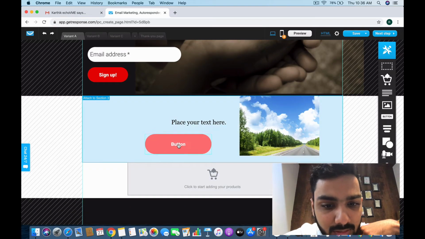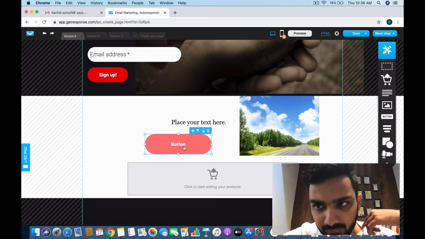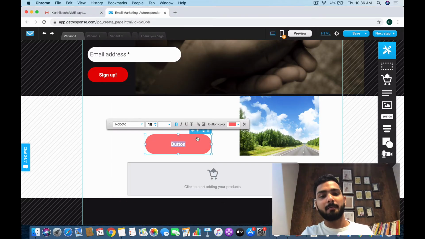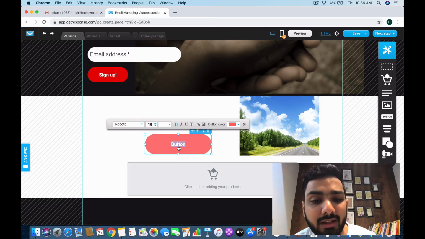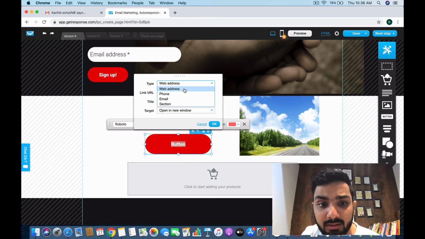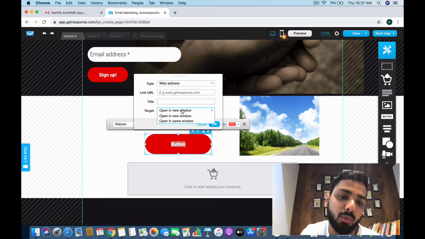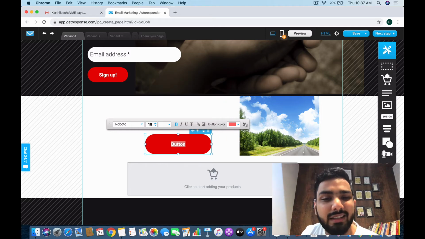Okay, here I'm gonna add the button over here, and just gonna make some changes, right? So this is your call to action button. Here you see this says sign up, and if you want to say register myself now, and then once they click, you can divert them to different external tools, different web addresses. Either you can divert them to a web address, you can give the link URL, you can give the title, and if you want them to open it in a new window or the same window, you can click on this one. Okay, very easy tool, guys.